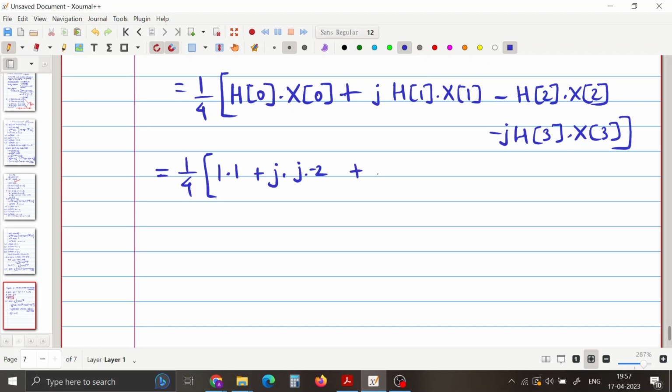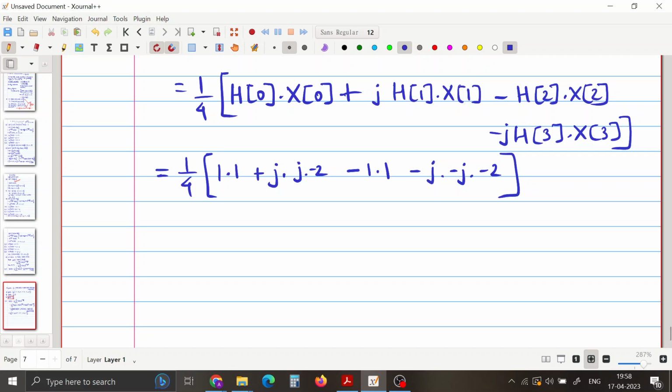Third term will be, so okay, we already have a negative sign here, so this is minus 1 times 1, and last term will be minus j times minus 2. Okay,